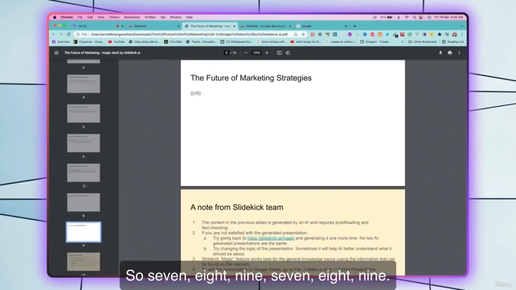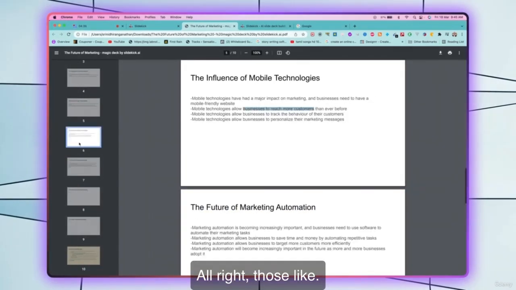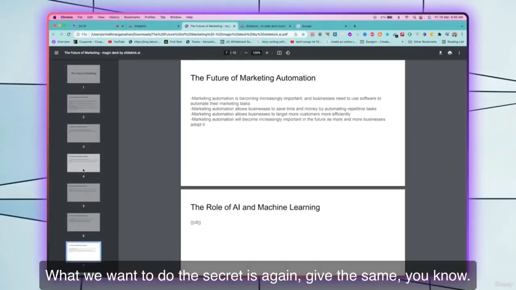So 7, 8, 9. Okay, 7, 8, 9. This is it has left right those slides. So what you can do is, what we want to do, the secret is again give the same